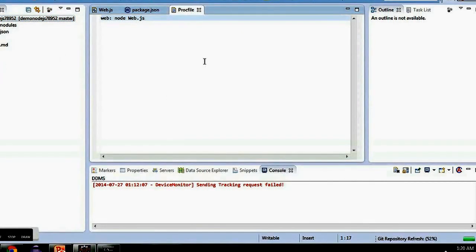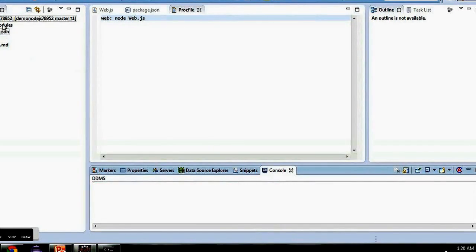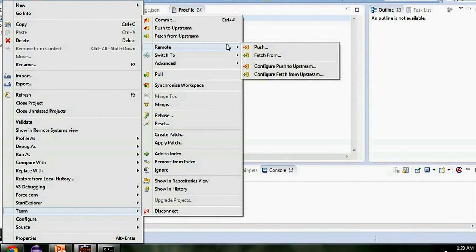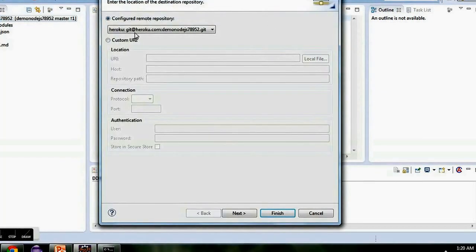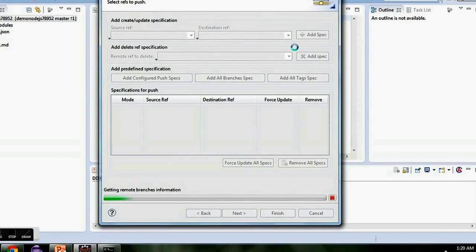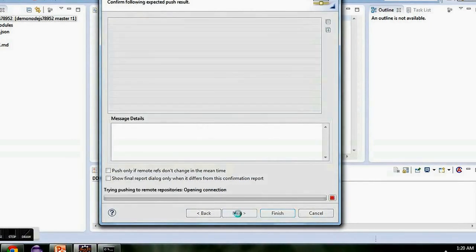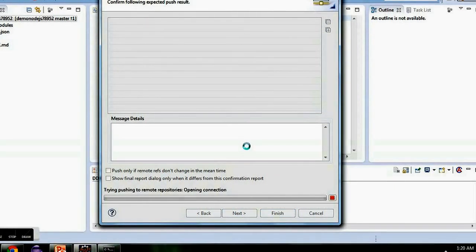So let's right click on our application and let's clean the console. Now right click on Remote Push. When you click on it, you will already have the git information of Heroku. We have not set up Bitbucket yet, but we can set it up here also, which I have explained in my article. So let's select the master. We have only one branch, so let's go ahead. No need to change anything there.